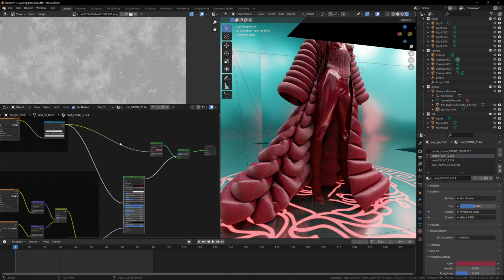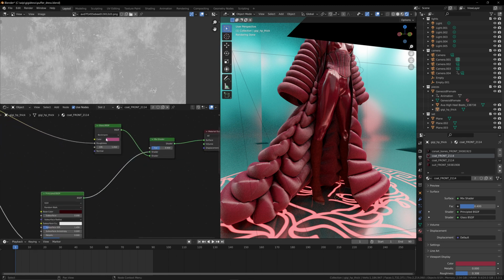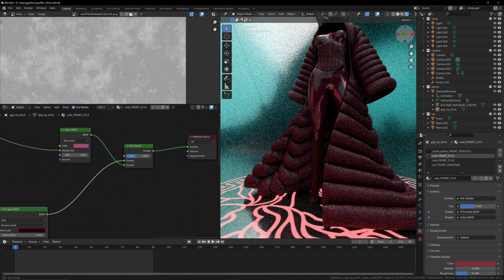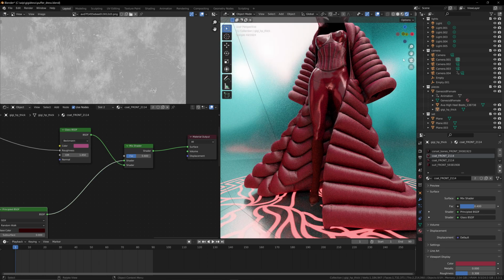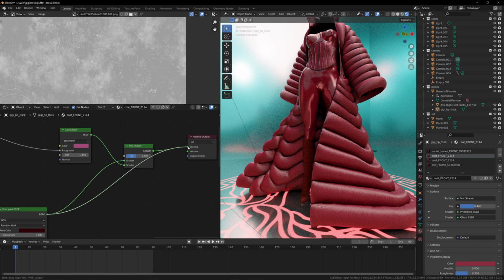It's also being fed as a roughness map into a glass BSDF shader with a pink color applied to it. So there's a roughness map being put in, there's a pink applied. I have this IOR value of glass, and I'm feeding this into a mix shader. I'm doing this to get this type of satin reflection. This is one way to do this, but if I just use the BSDF shader, if I just plug this in,